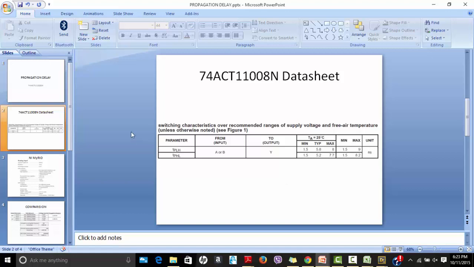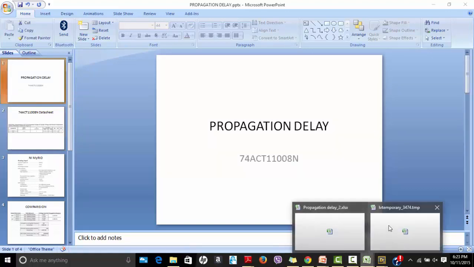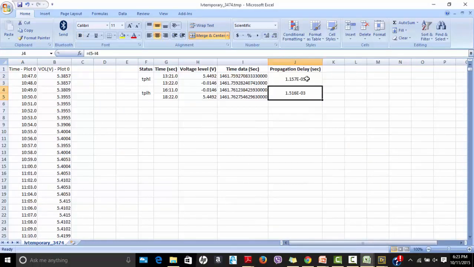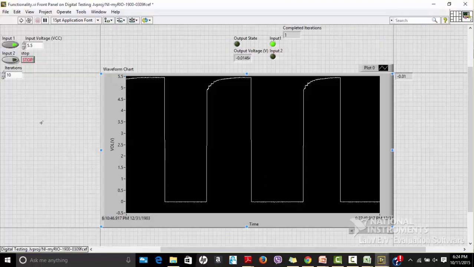So it is apparent that the delay values you are seeing over here, in microseconds and milliseconds, are just an arbitrary approximation, an arbitrary value provided by the NI myRIO to make things simple and to understand what kind of propagation delay is available. However, this is not the exact value, but this particular experiment can be performed to appreciate how propagation delay works out on a particular digital IC or integrated circuit chip. So this is one of the limitations, but you can definitely perform this experiment to understand how